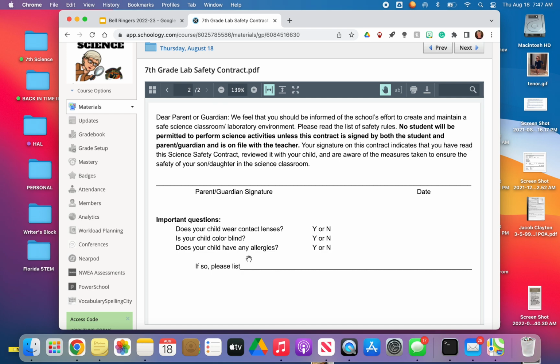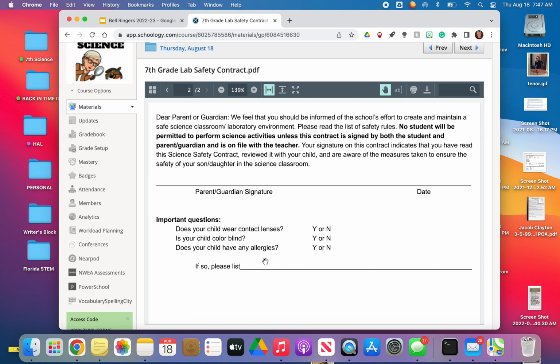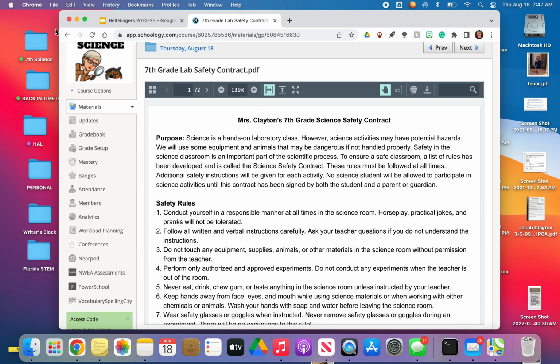And then also if you have any allergies, and if you do have any allergies, let me know what they are. All right. Specifically, if you're allergic to latex, then I have different kinds of gloves to give you. I need to make sure that I have those on hand for you. Okay. So that's number 1 that we're going to do.